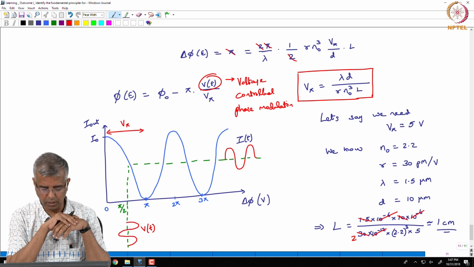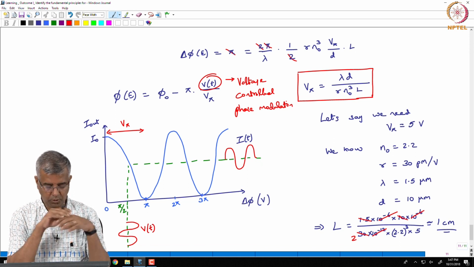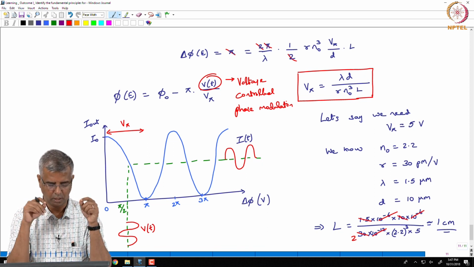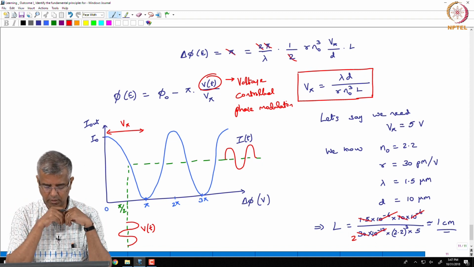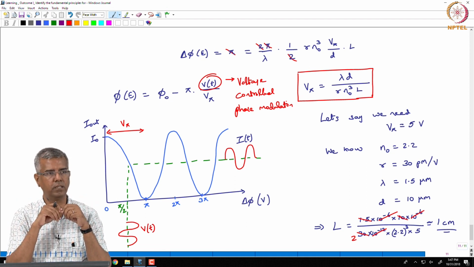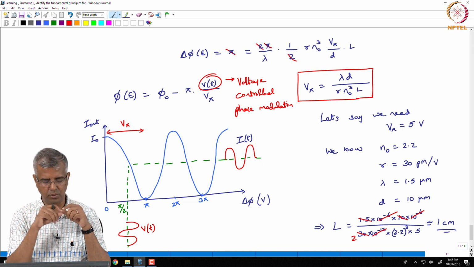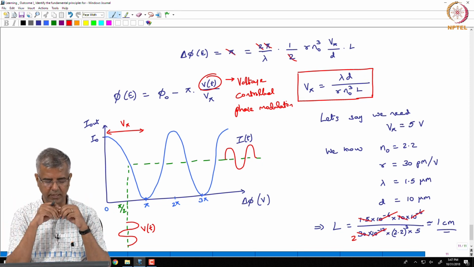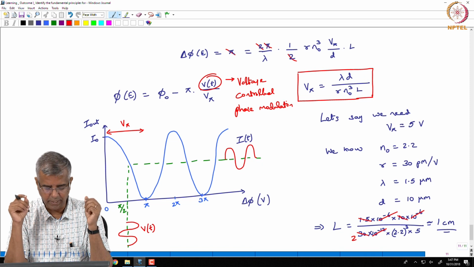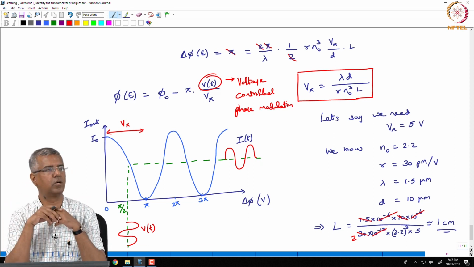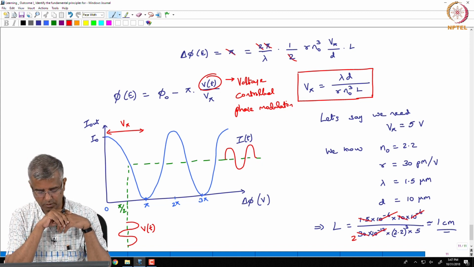So, this is what you are going to be doing yourself in this week's laboratory session. You will be given a lithium niobate modulator. So, you will actually connect it up and apply an external voltage. You apply a DC voltage and you connect the lithium niobate modulator to a light source and the other side to a detector, and then for applied DC voltage, you will see whether the power that is detected is going through this curve, this cos square curve,